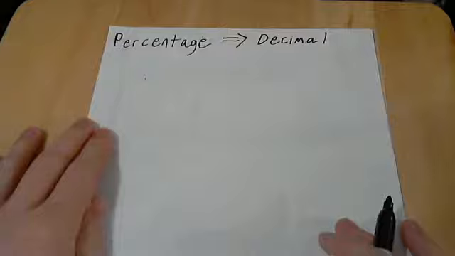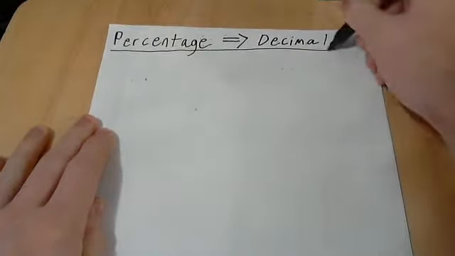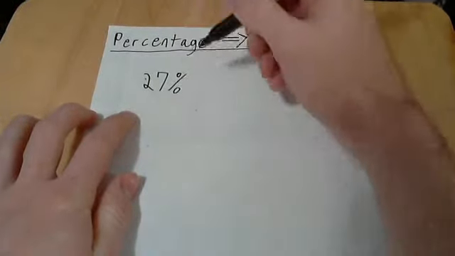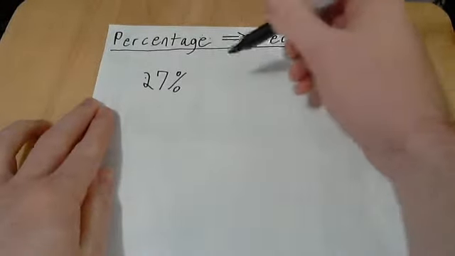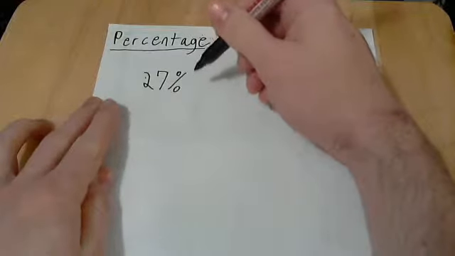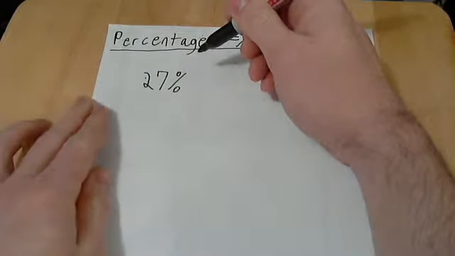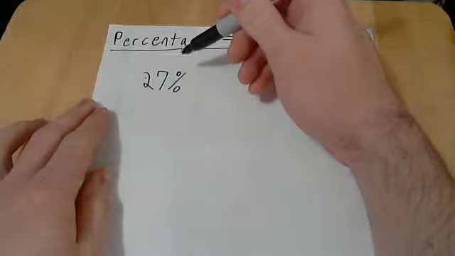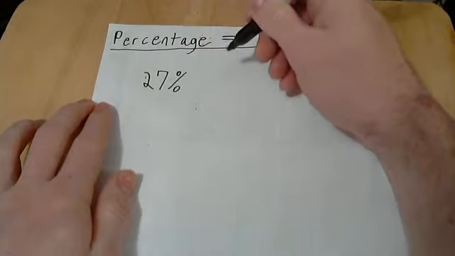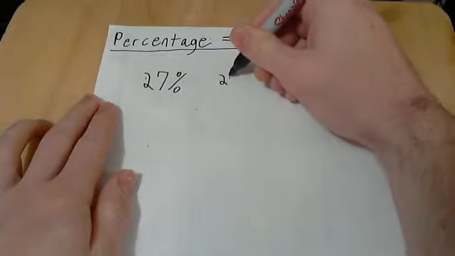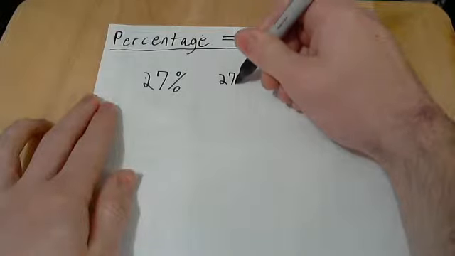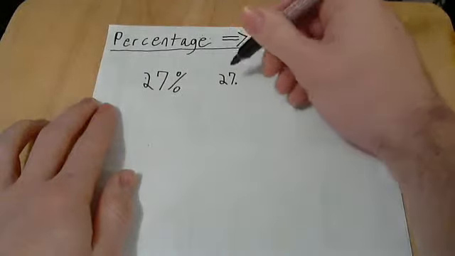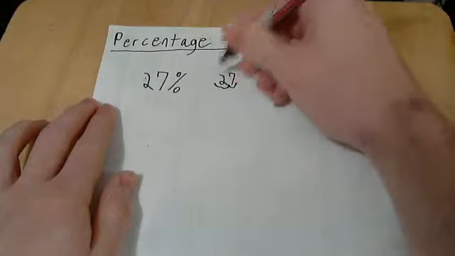So, to start off with, let's take 27% and convert this into a decimal. Now you can probably guess how we go about doing this by now. We simply drop this percentage sign so it's gone, and then divide by 100, or essentially move the decimal 2 places to the left. So let's go about doing that. So we have 27, and we are going to move the decimal 2 places to the left. And here's our decimal here because this is a whole number, so we move it 2 places to the left, which gives us